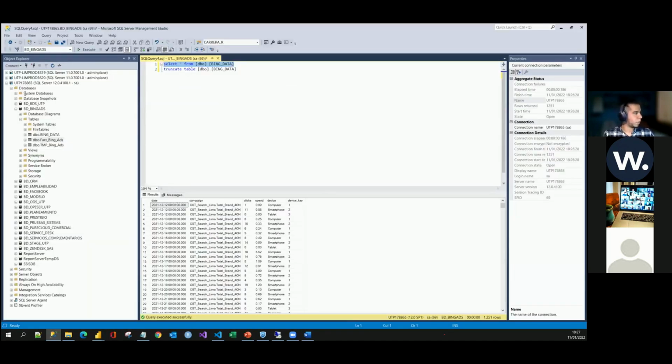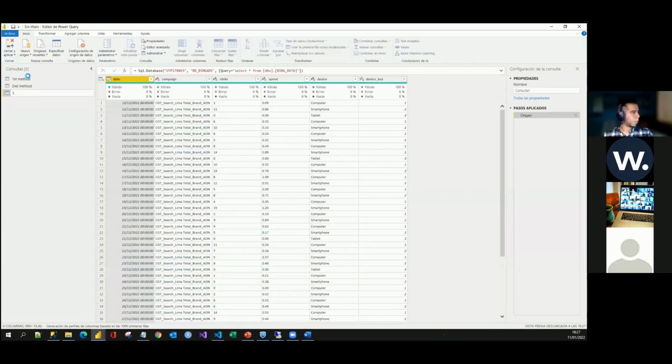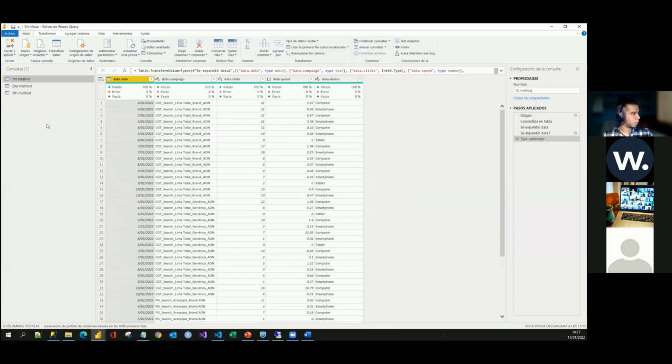This is the third method. And here we have it. Let's disable the load of this table, also of this one. And now we have